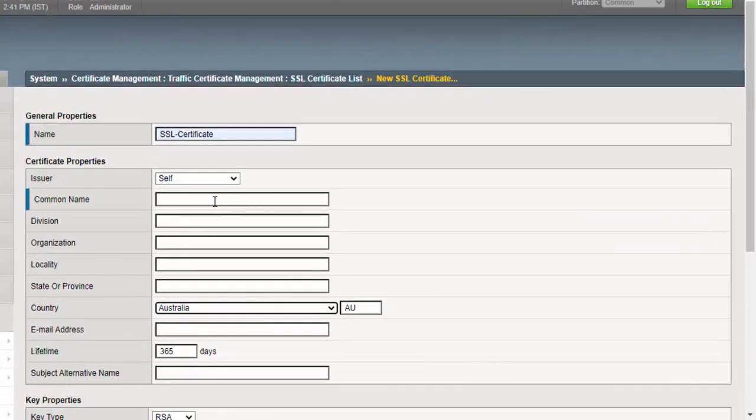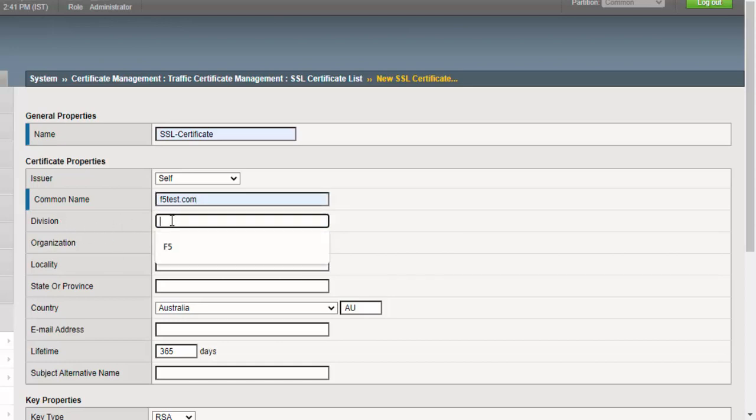Once after that you can provide any common name, so I will provide f5test.com. Division, which division it belongs to, I will provide f5 or something. Organization, which organization it belongs to, I will provide IT,